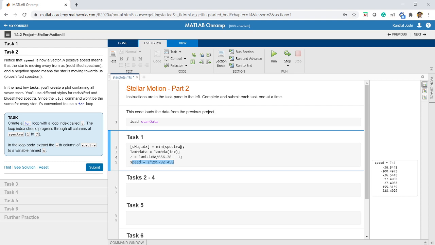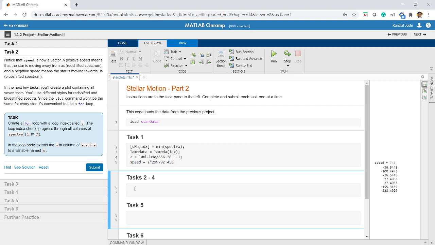The next task is to create a for loop with a loop index called v. The loop should progress through all the columns of spectra, 1 to 7. In the body of the loop, extract the vth column of the spectra to a variable named s.